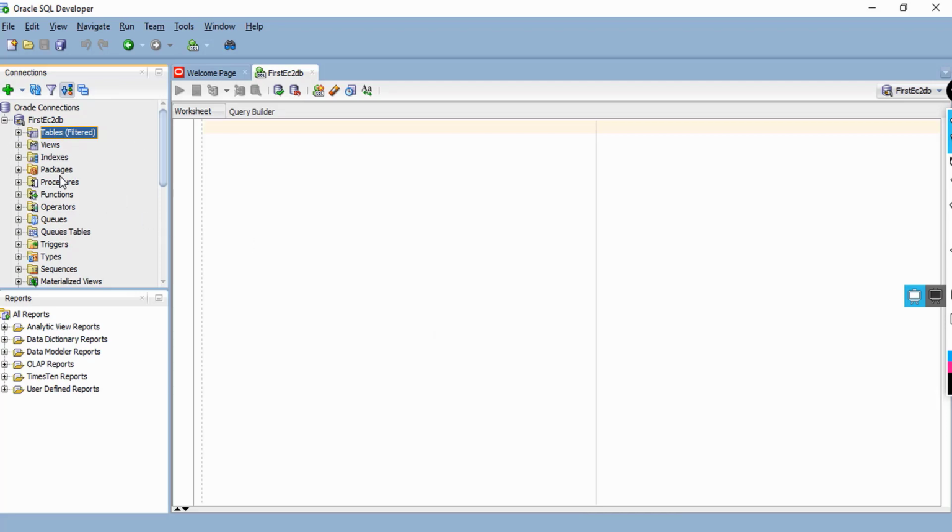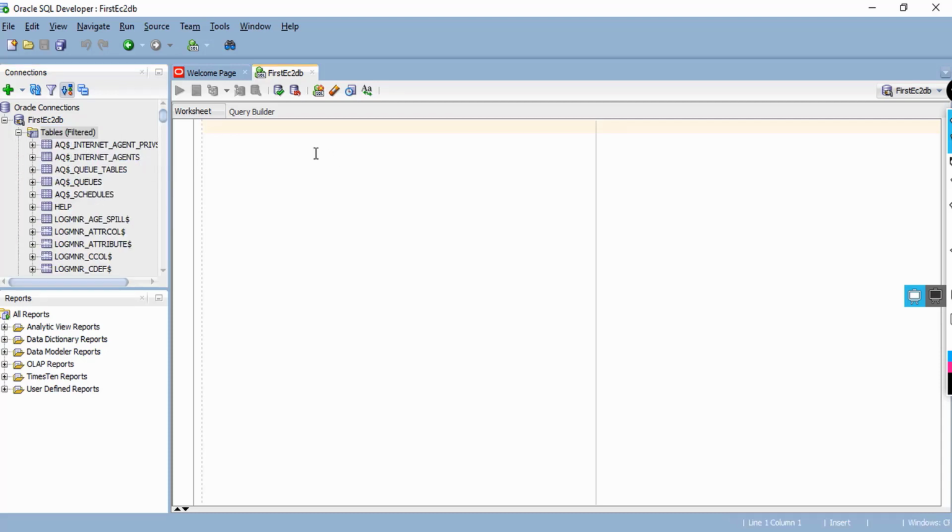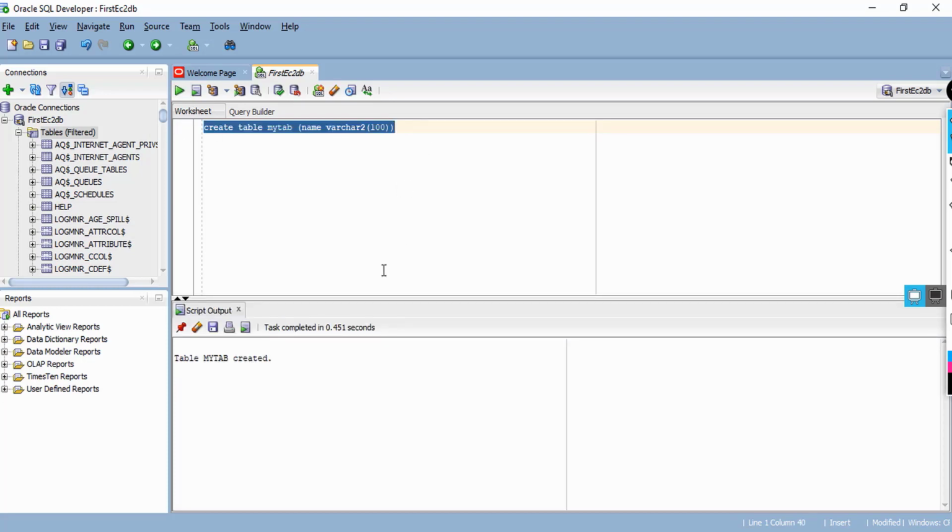On the left hand side, you can see all the tables, and if you expand, you will be able to get the list of the tables. And if you want to create a table, we'll just create a table. Create table mytab (name varchar2(100)). Okay, copy this command and execute it. The table will be created now. The table mytab is created. And if you want to insert a few records, insert into